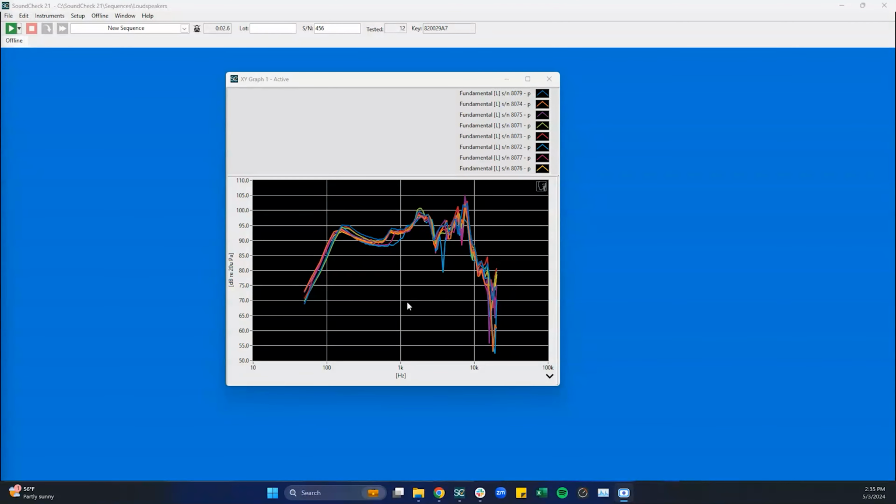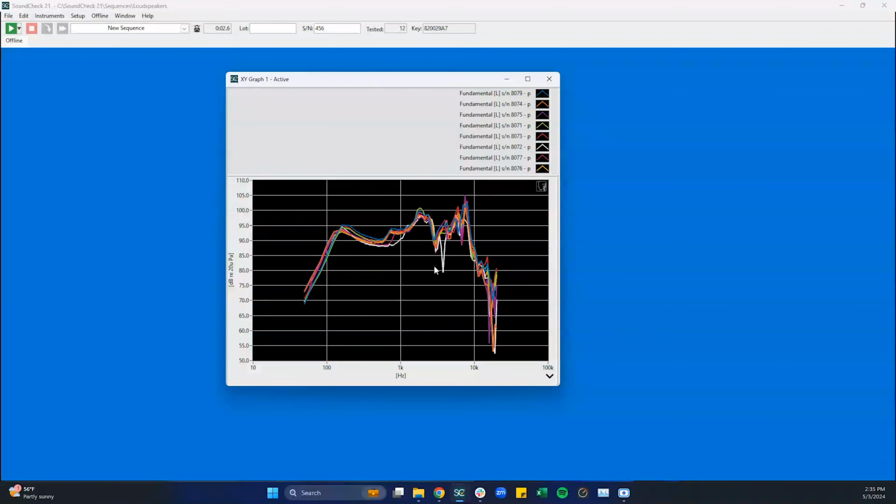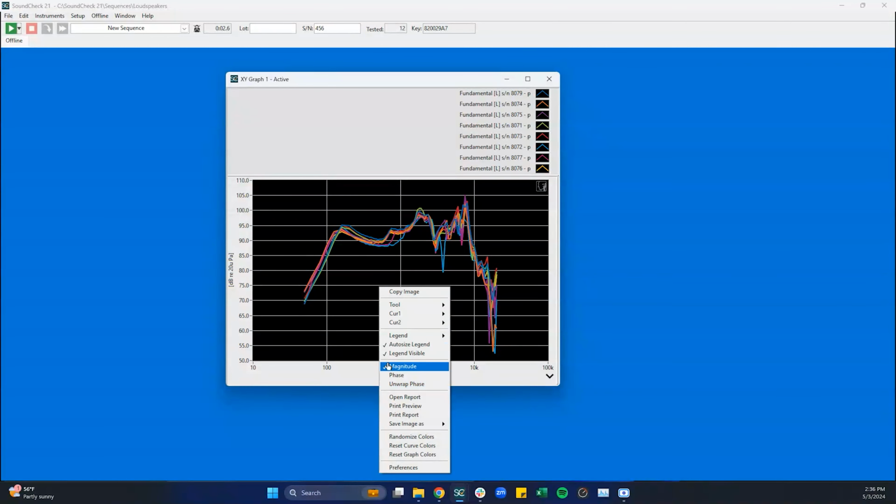You can also make quick color changes in the display windows. Click on a specific curve and go to Color and change the curve color. You can change the colors of the background, X and Y grid lines by right-clicking on the display window and